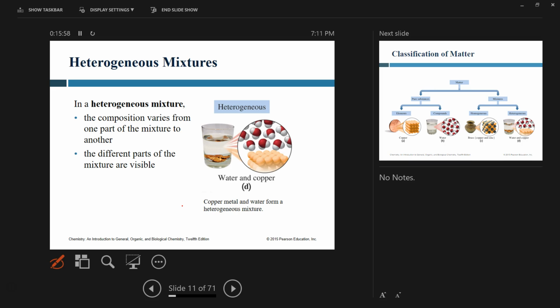I'm going to go back. They can be heterogeneous. In this case, you can see the mixture. That's a pretty crude example when you throw a piece of metal in the water. Of course, as chemists, we're not really interested in a chunk of copper sitting at the bottom of the water-filled glass. What I find more interesting in terms of the heterogeneous mixture is, say,